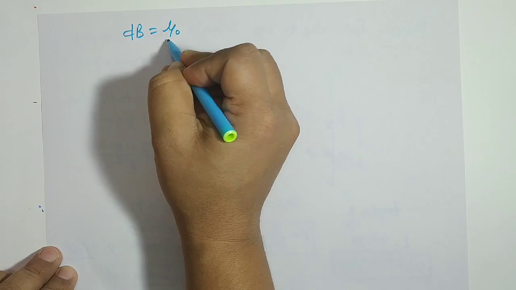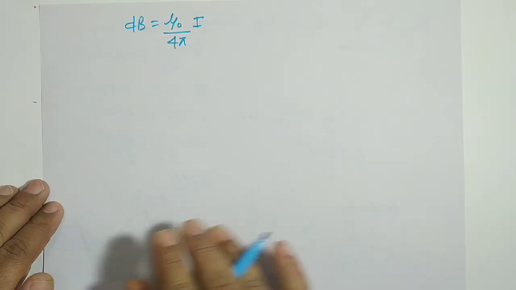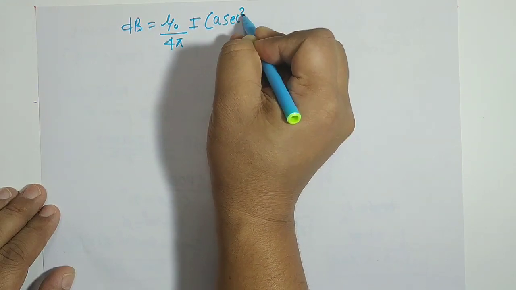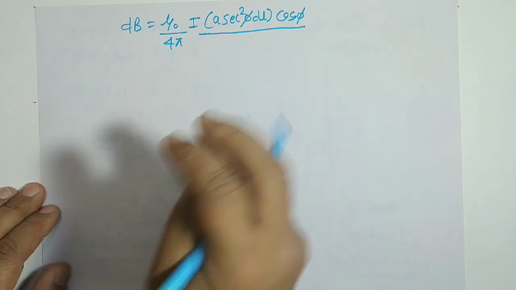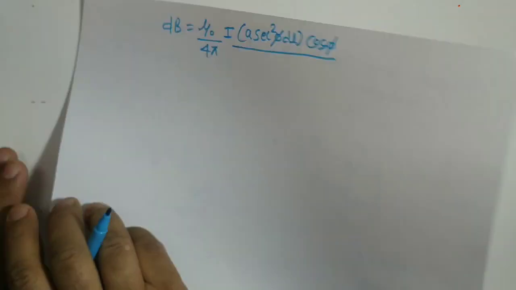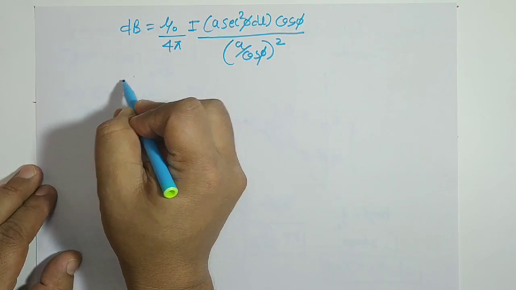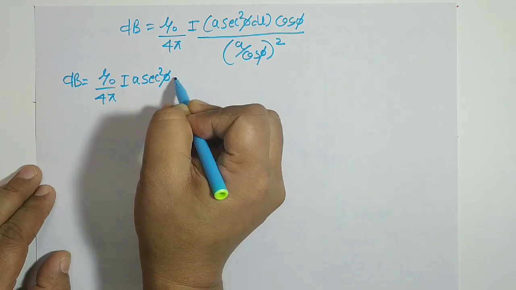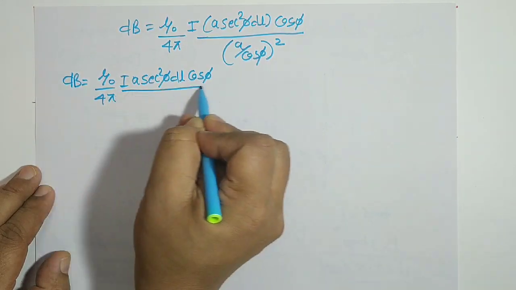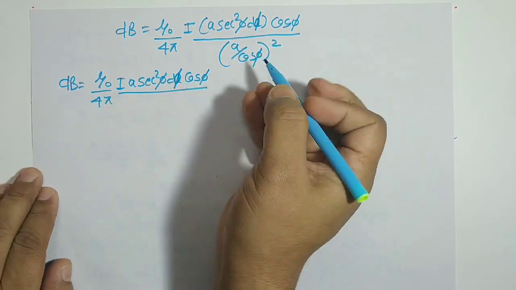So dB is mu naught upon 4 pi I. In place of dl we write A sec square phi d phi, in place of sin theta we write cos phi, upon r square. Now r we wrote as A by cos phi, so r square is (A by cos phi) square. Solving it, we get dB equal to mu naught upon 4 pi I A sec square phi cos phi, and this is not dl but d phi. So remember this is all in terms of phi, so this is d phi cos phi upon